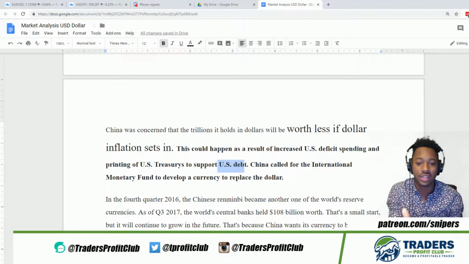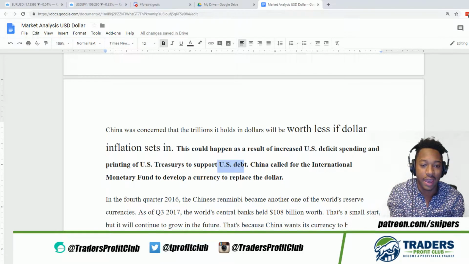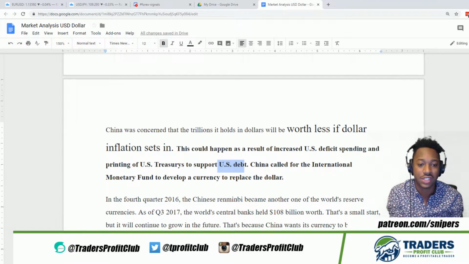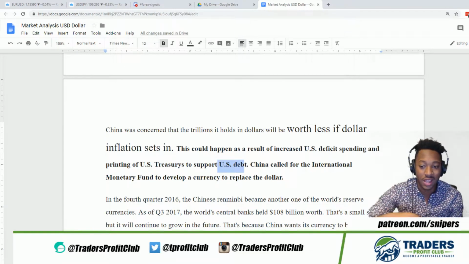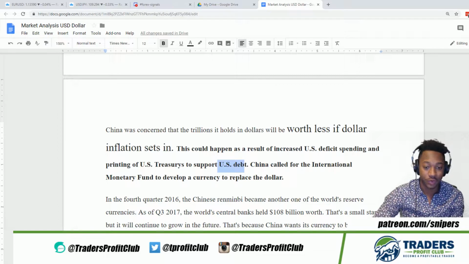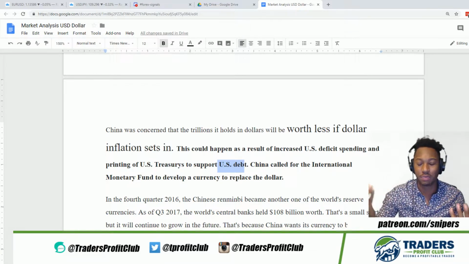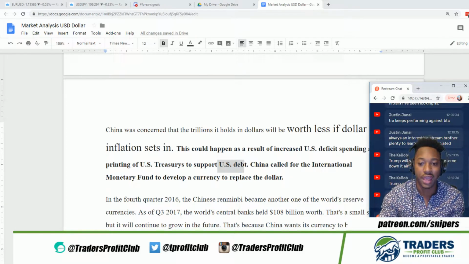So literally the U.S. government is saying, okay, we're definitely going to have this deficit once again, even though we know that this deficit is going to screw up our economy, screw up the US dollar, screw up inflation in general. We're not going to cut down on our spending. We're just going to keep on saying, oh, we can just print more money. Like, no, man, that's not how it works. We can't just keep on doing that. That's literally what happens.